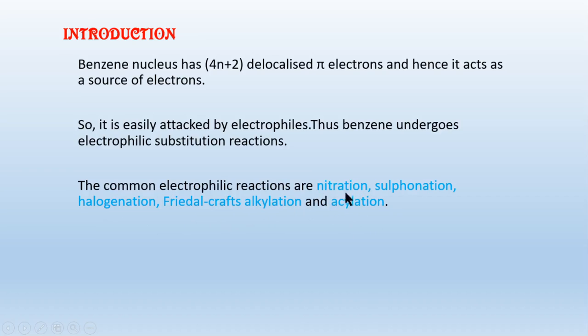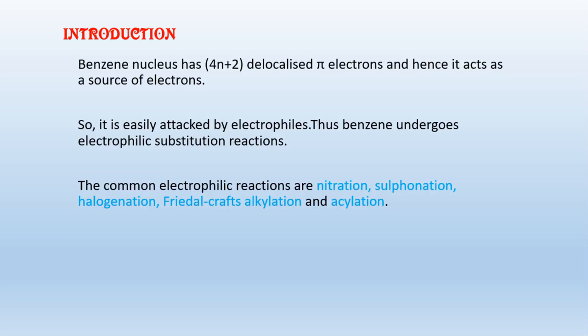Now when we consider nitration, here the NO2 plus ion is substituted for the hydrogen as H plus in benzene. Now when we consider benzene, around each carbon there is one hydrogen, and that hydrogen can be removed as H plus proton. So in all these electrophilic substitution reactions, the H plus is substituted by the incoming electrophile.